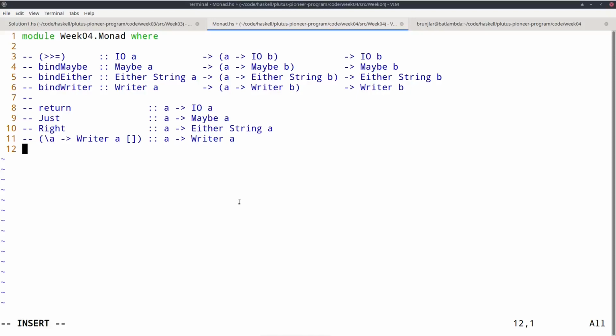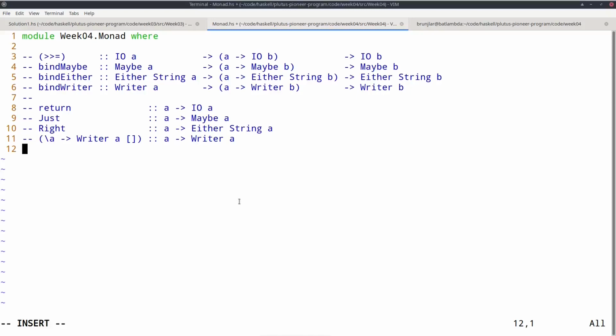There's another aspect that I briefly mentioned in the case of IO, but not for the other examples. Whenever we have such a concept of computation with side effect, we also always have the possibility to produce a computation of this type that doesn't have any side effects. So I talked about return in the IO case. Given an A, you can turn it into an IO A, and that is simply the computation that immediately returns an A and has no real-world side effects.